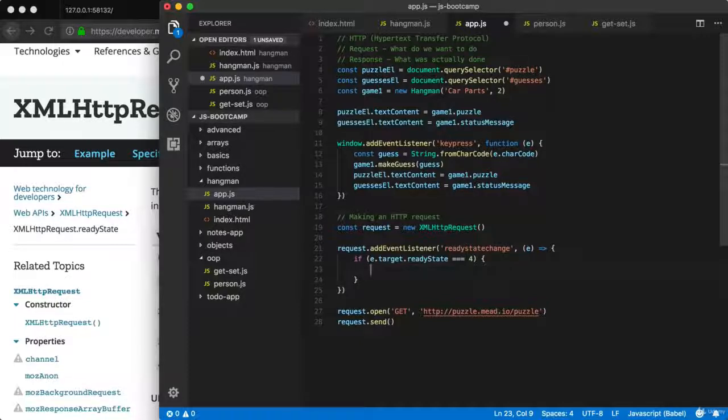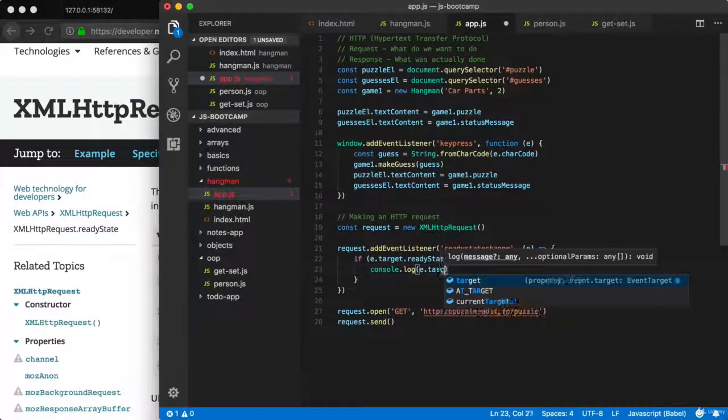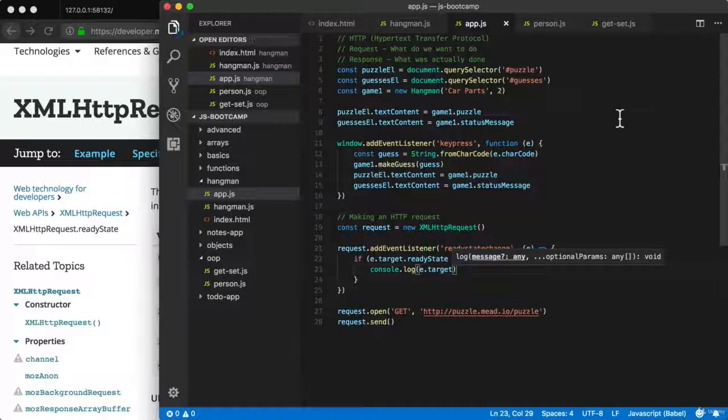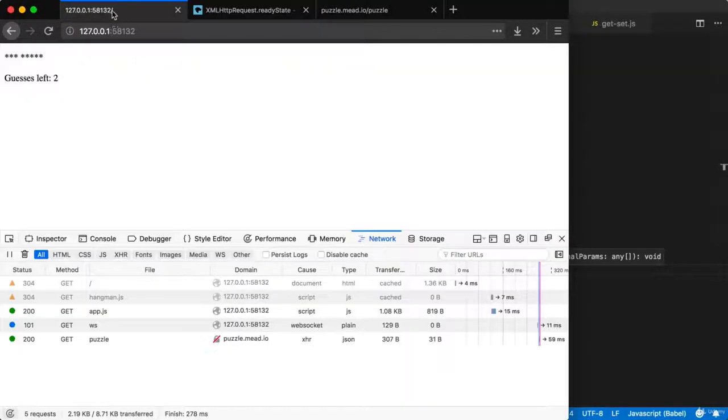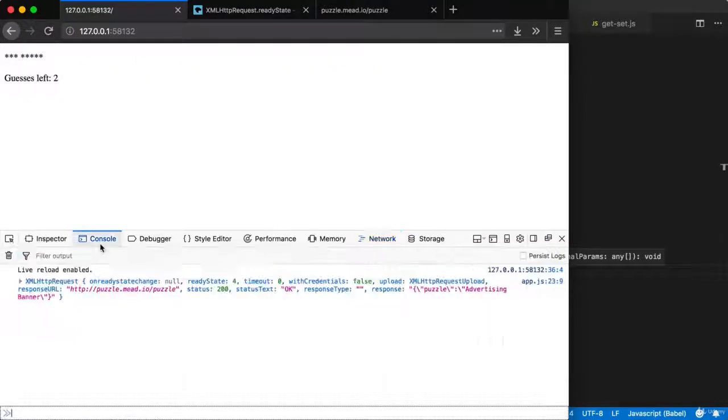And for the moment, all we're going to do is use console.log to print e.target. So let's go ahead and actually test this code out and see what happens when we run it. I'm going to save app.js. Over in the browser, I can see things did refresh, and if I switch over to the console, we do indeed have